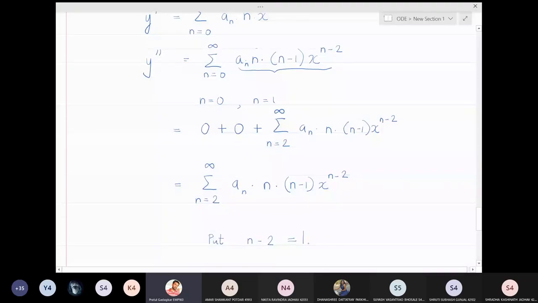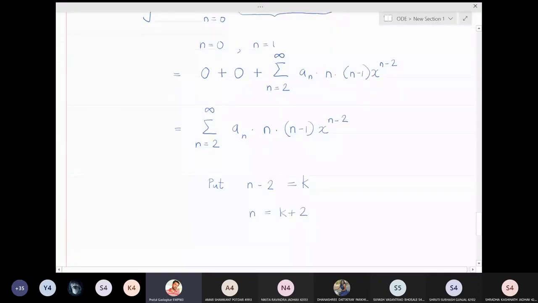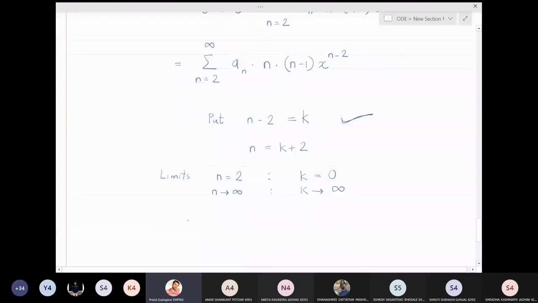If I put n minus 2 equal to k, then this means that n will become what? n will become k plus 2. Now what are the limits? If I look at the limits of the summation, for the limits, n is equal to 2. If n is equal to 2, at that time, this expression will tell me that k should become equal to 0. If n tends to infinity, then again the same expression tells me that if n becomes large, k also becomes large,